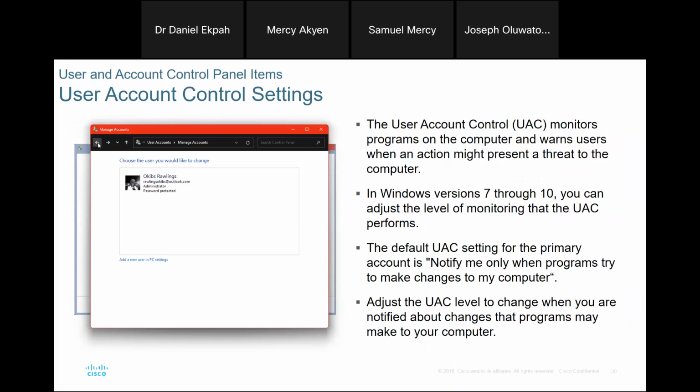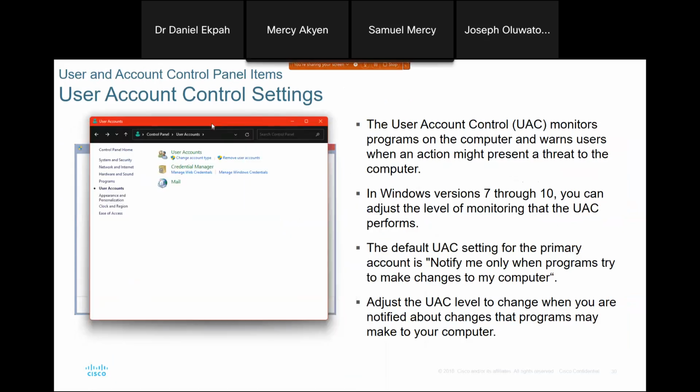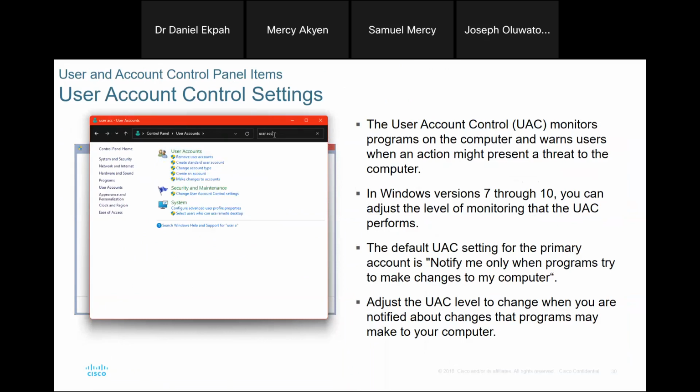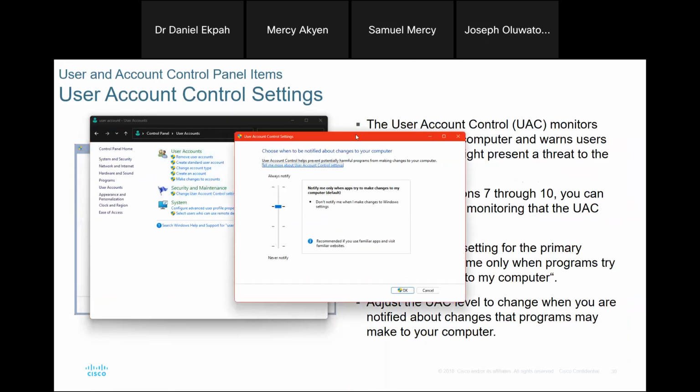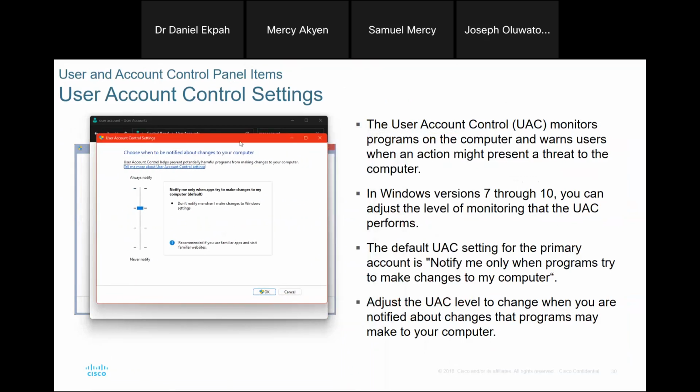All right, so I can actually search for the user account control settings. So this is user account control settings that's moved to security and maintenance. So this actually gives you the ability to increase security. So the default user account control setting for the primary account is notify me when programs try to make changes to my computer. So you can see